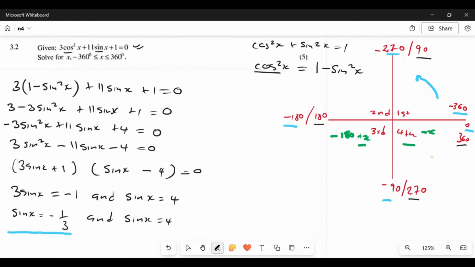We are all good. Now let's use yellow to show when we go forward. Now when you move on the positive side, this third quadrant, this is how we represent it. It's going to be 180 plus x, right? And in the fourth quadrant, it's going to be 360 minus x. There we go. So since our sine is equaling to negative 1 over 3 on this one, we need to